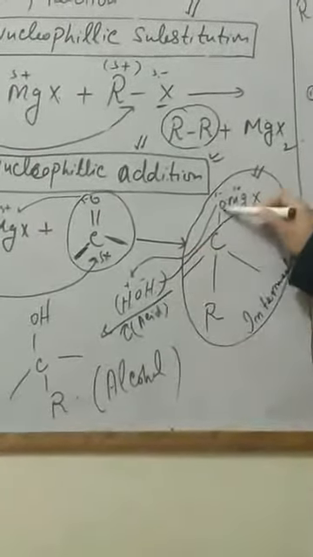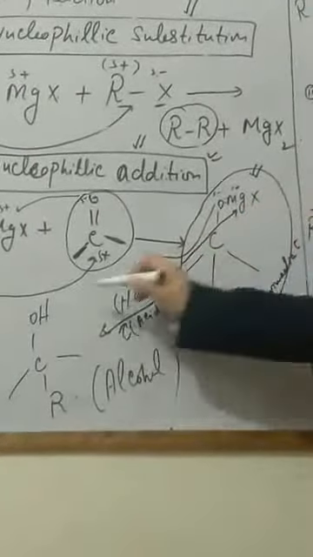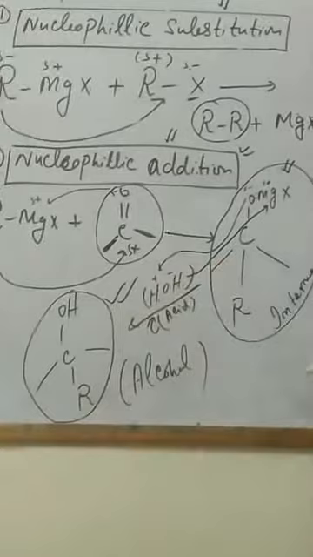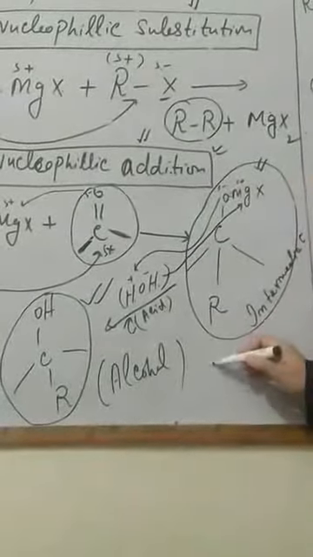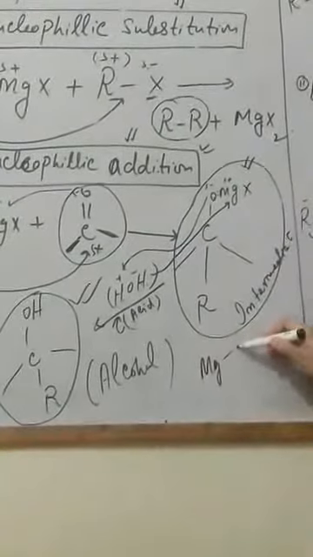This H will become attached and we will get alcohol. Remember, this is alcohol. And OH will become attached with magnesium